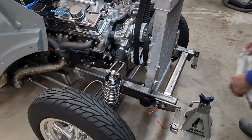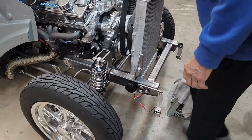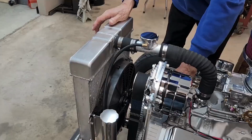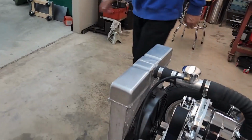Okay, all right, so I'm going to pause at this point. We're going to move the front end piece around and see what happens there. Be back in a flash. Hi, we're back. We fitted up